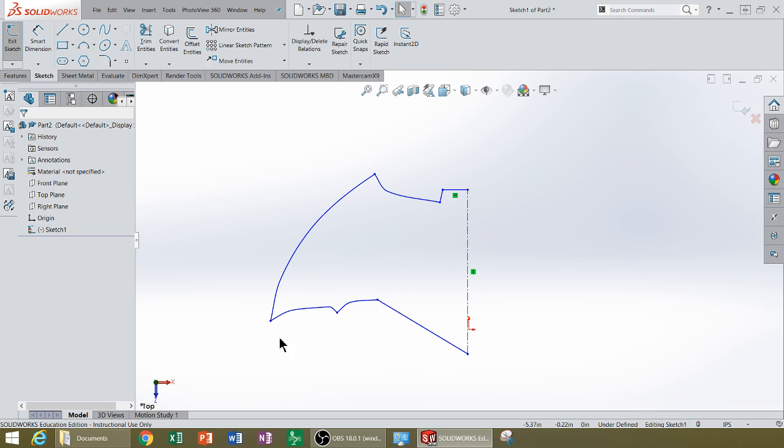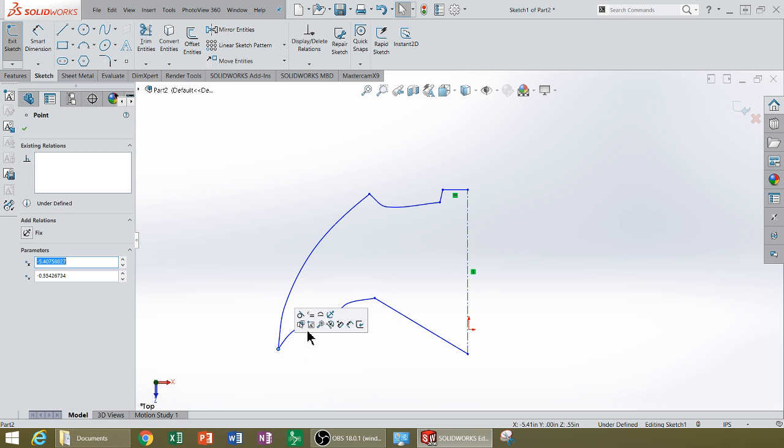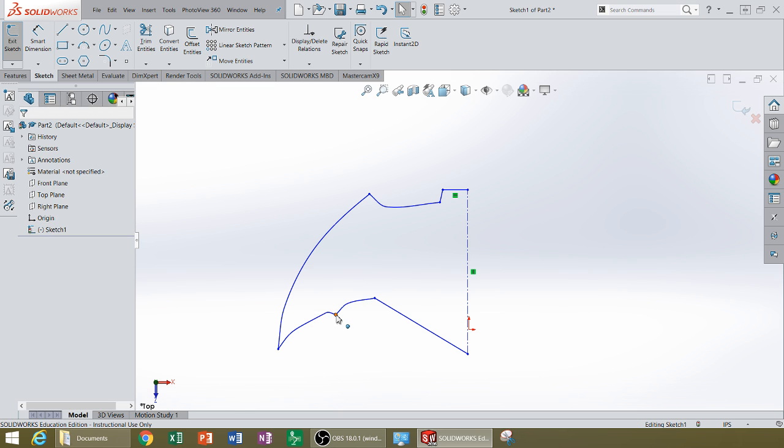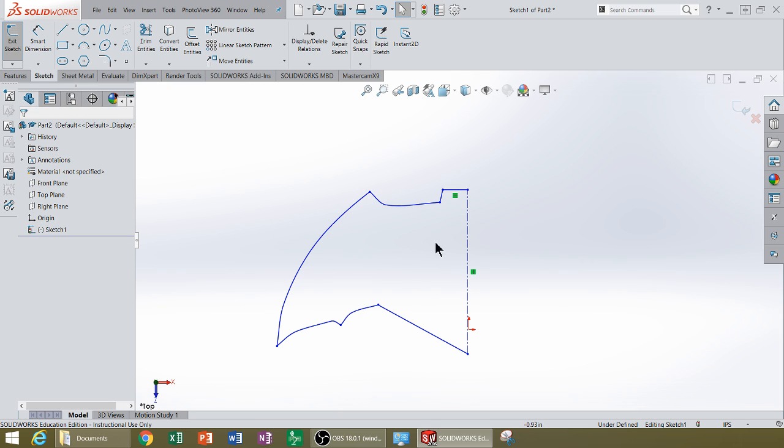So now, if I want to edit this and maybe make the wing a little bit more aggressive and evil looking and maybe drag these points down, I can certainly do that and edit this. Now what I can also start to do is give some dimensions to this. And if I wanted to make this, let's say I was going to use this as a spinner design